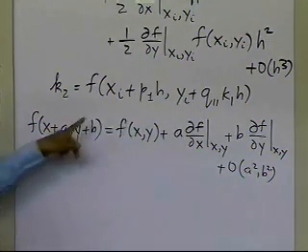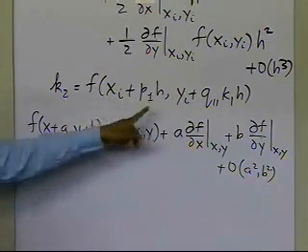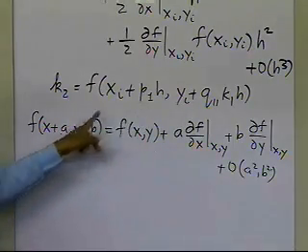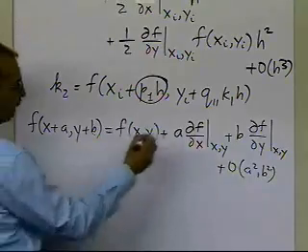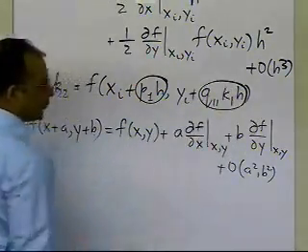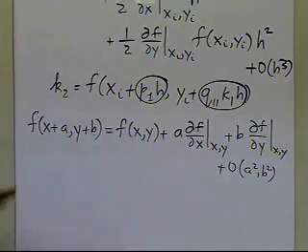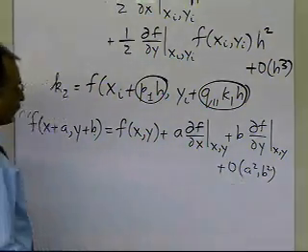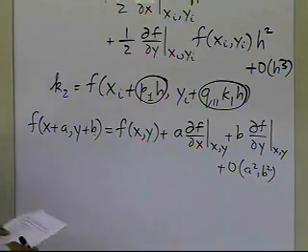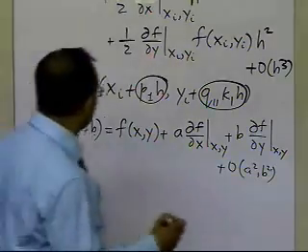So when I expand this, my x will be x of i, my y will be y of i, my a will be p1 times h, and my b, which I have here, will be q11 times k1 times h. And I'm only taking the first three terms of the Taylor series of two variables now. So the leftover terms are the order of a squared and b squared. So if I do that, and let me write this down, this is what I'm going to get.